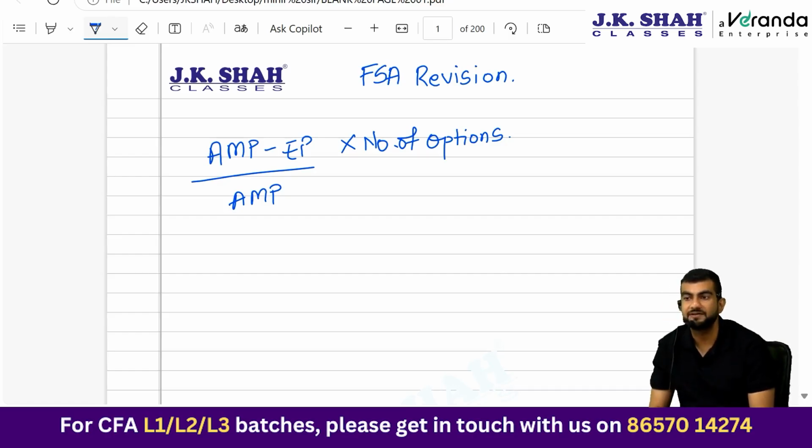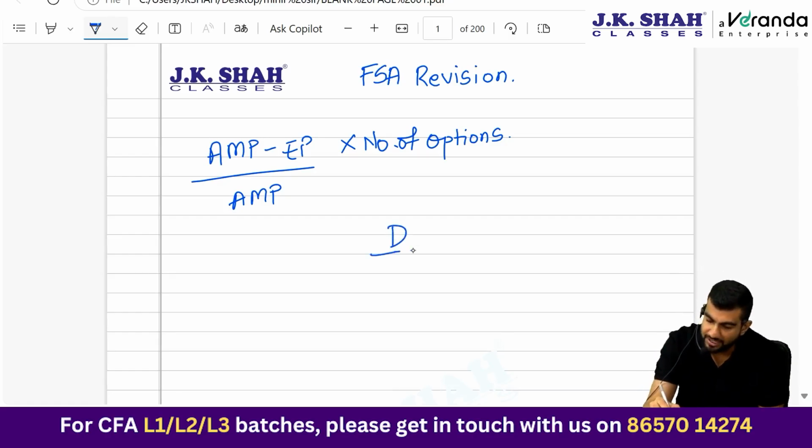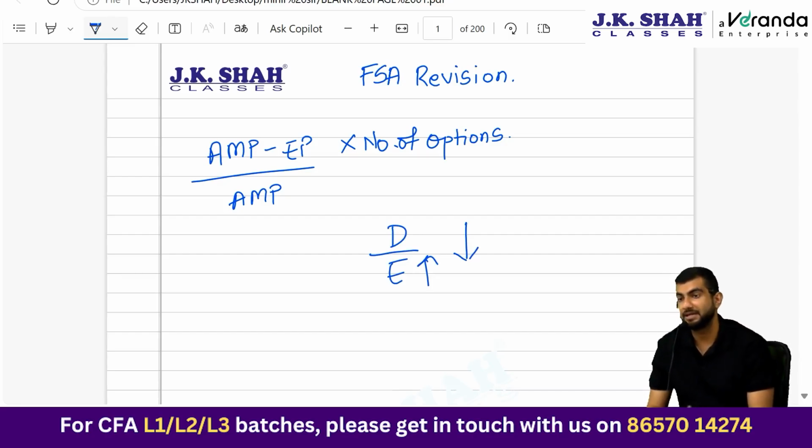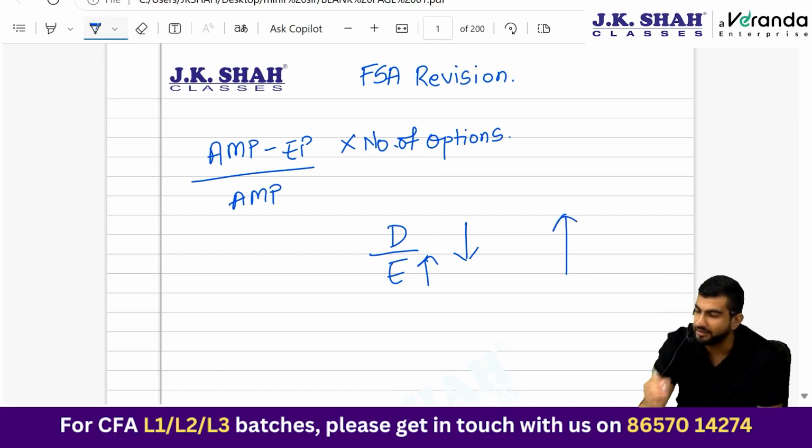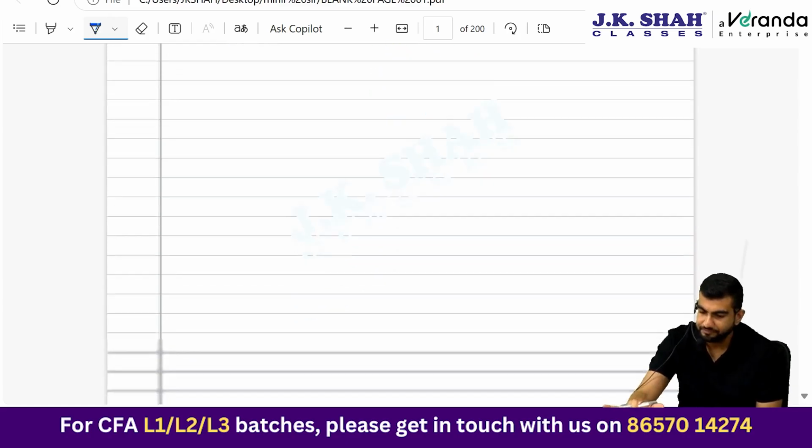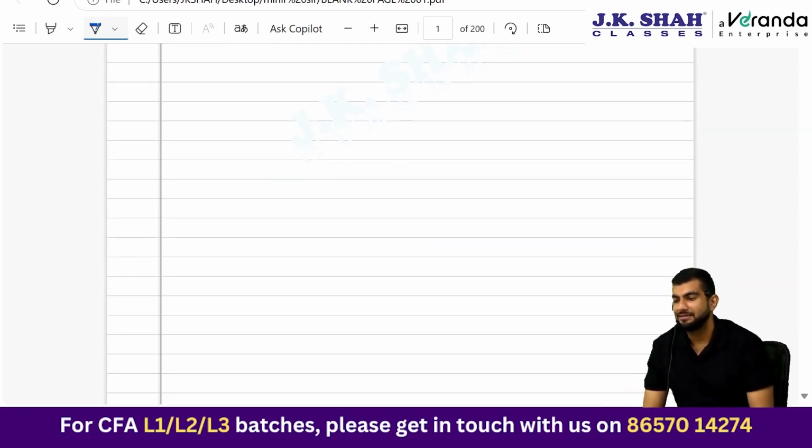Debt to equity ratio, first year. See, your expensing versus capitalization decision is not going to affect your debt, but it is certainly going to affect your equity. In first year, we just discussed, in case of capitalization, equity will be higher because profit is higher. So since equity is higher, debt to equity ratio as a whole would be lower in case of capitalization in first year, and in case of expensing, debt to equity ratio would be higher. Please be very, very careful. I again repeat. Fine. Anything else in this chapter?